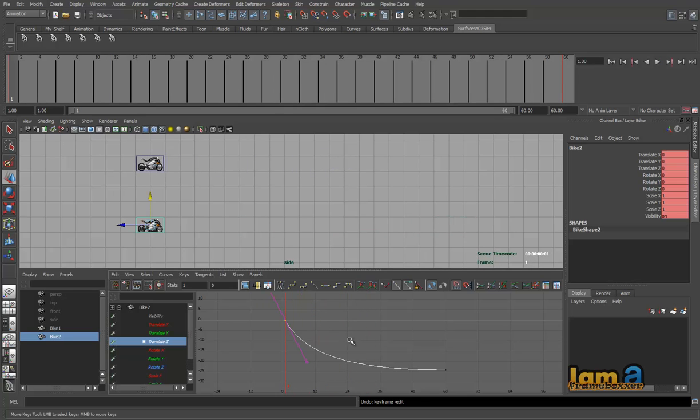So just remember this, it's quite simple. This one is change in value, this one is change in time, and this one is change in both value and time if you start moving it in both directions. And you can also enter values here. You can definitely enter values, but